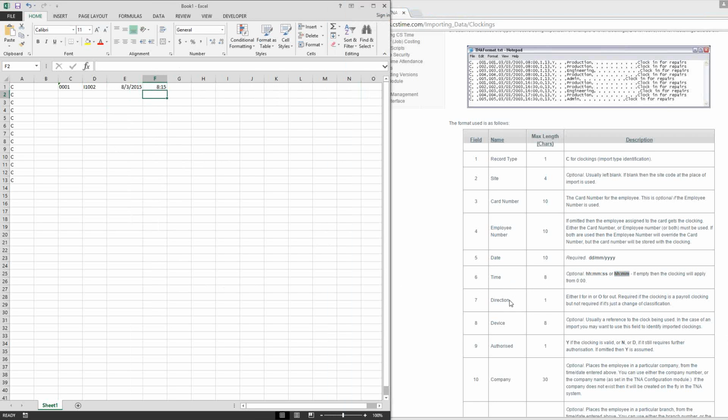You can then specify in field 7 your direction. So is this an in or an out clocking? Obviously this should be the morning clocking, so it'll be an I for in. You can also specify the device name. So if this clocking is coming from a specific device, you can put that in, and whether you want this clocking to be authorized or not,